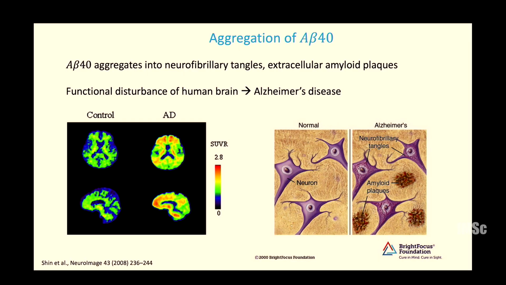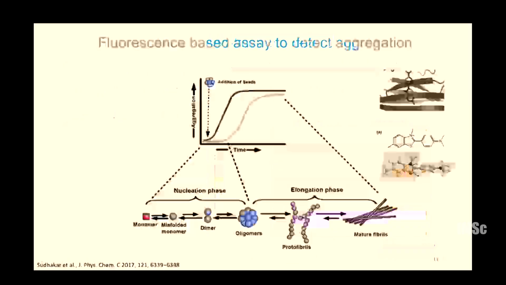So from a medical point of view, people actually look at this problem from a PET scan kind of methodology. So what you see here is a normal brain, and this is an Alzheimer's diseased patient's brain. And what you see is a lot of these red spots that basically say there's a presence of many of these aggregates. Okay, so they put a dye, and the dye actually specifically binds to these plaques, and that's when you see this red signal here. Okay, and so this Alzheimer's is something that one can check through a PET scan and many other imaging techniques. So these are the biological significance of these